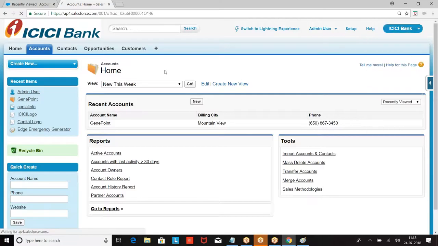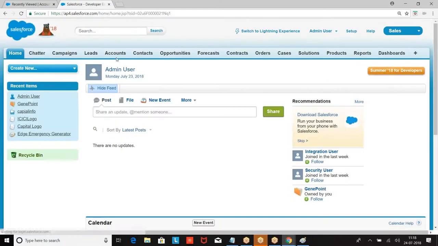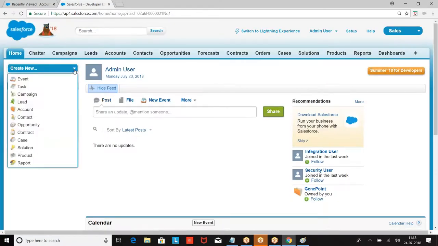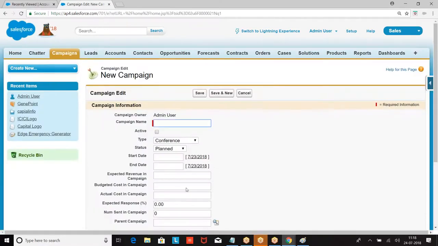This is a sales application. When you go to sales, create new, whatever you are seeing here, all these are available on the top: campaign, lead, account, contact, opportunity, case, solution. When a tab is added to an application, we get a quick create, new campaign, straight away.